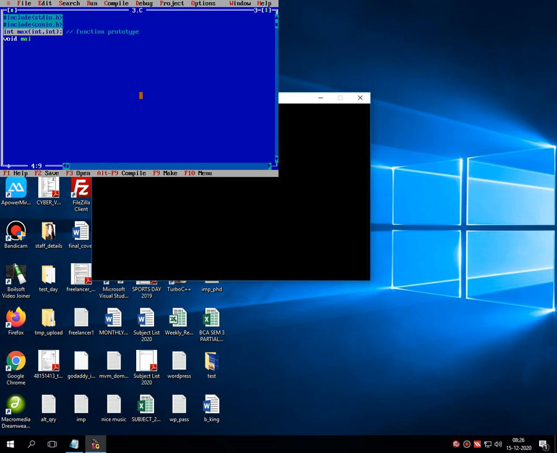Once it is done, just write down the void main statement with the brackets. Here first declare the two variables, integer a comma b, then the basic function called clrscr, and then I am giving the message printf, enter your first number, scanf %d comma ampersand a,